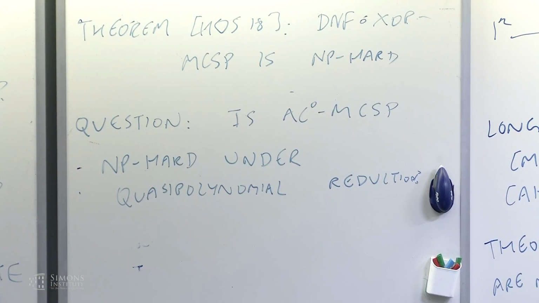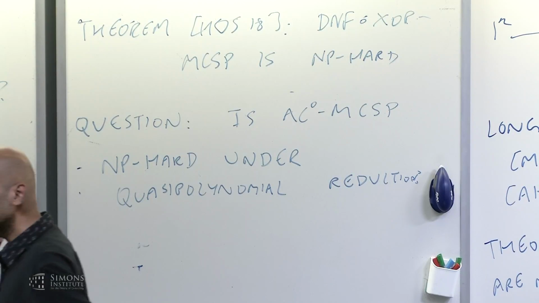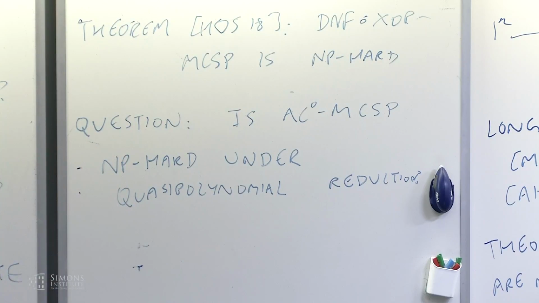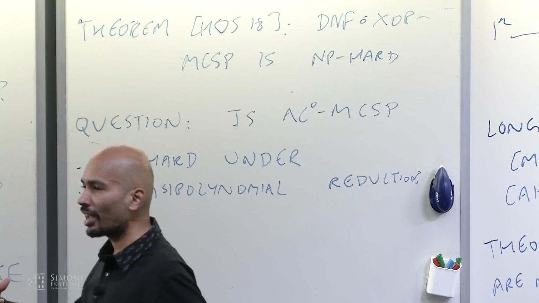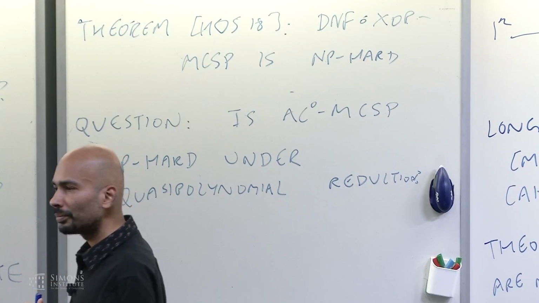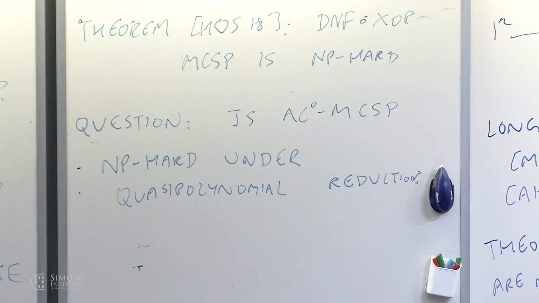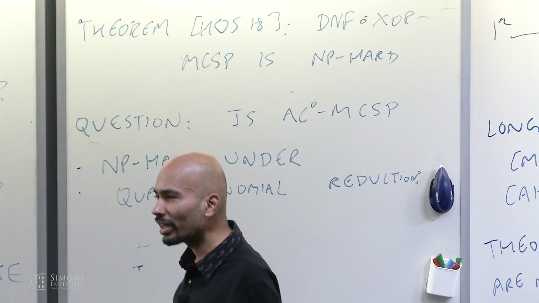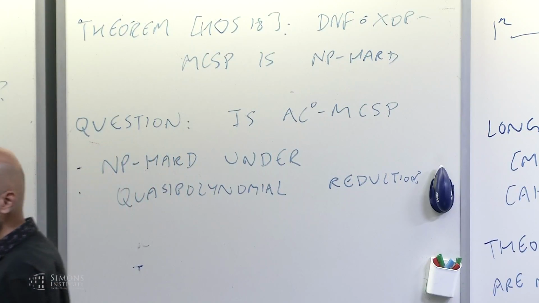In the NP-completeness, even the simpler one, DNFs, do you look at the parameterized version or just the unparameterized version? And is it enough to take S to be a polynomial, let's say? It's enough to take a fixed S as a function of n. Is this a polynomial in little n or polynomial in big N? Polynomial in big N. Well, you could scale it down, so you could probably show under ETH that it would be hard for that case.